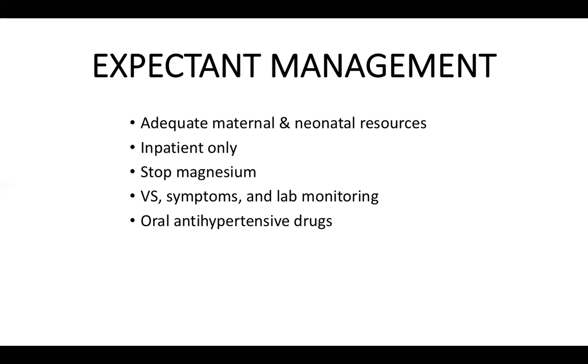And I have a lot of Donna-isms. And one of my Donna-isms, and I've heard this in a meeting from Sabai and Jim Roberts, is there's no such thing as mild preeclampsia less than 32 weeks. And so all of these should be inpatient only. And if a patient with chronic hypertension settles out and does fine, I might send that patient home. But if this is a person with no other disease, and this is their first episode of hypertension, then I